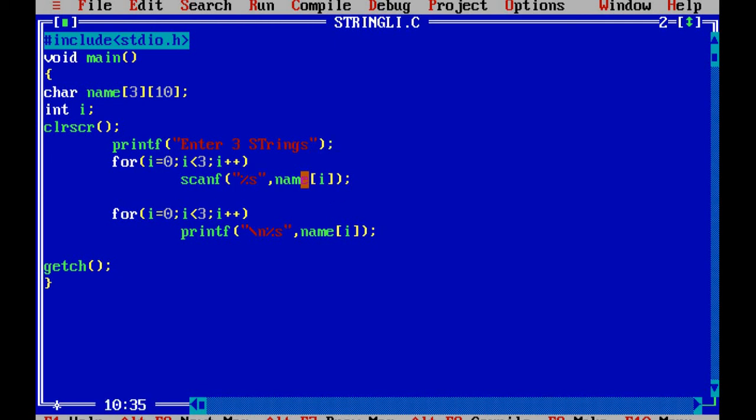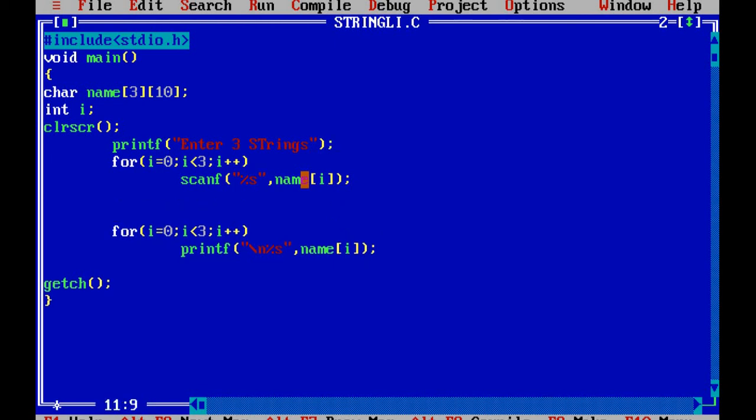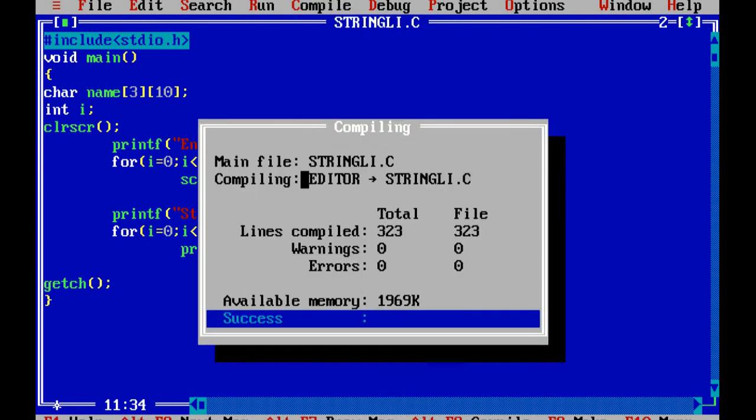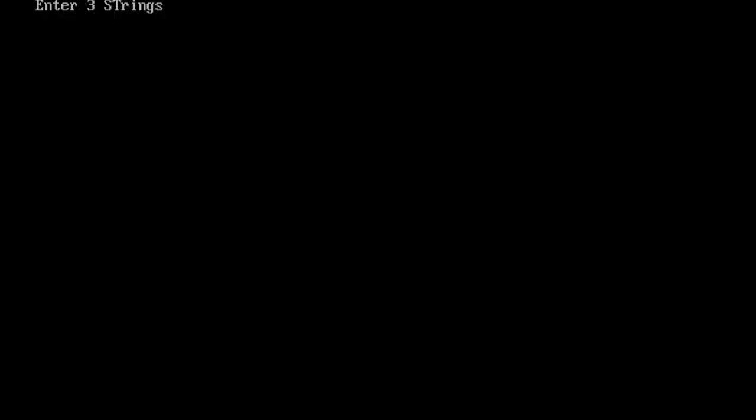The user will enter the 3 strings, and after that here just write one message, printf, I will say strings are. Just compile and execute. Enter 3 strings. Suppose I have entered Kedar.